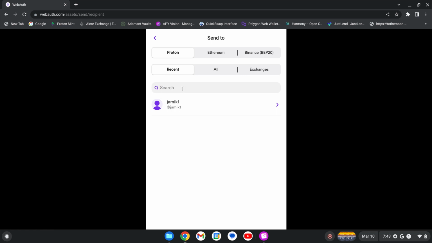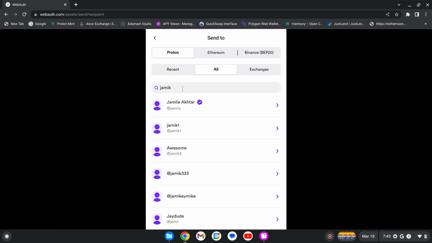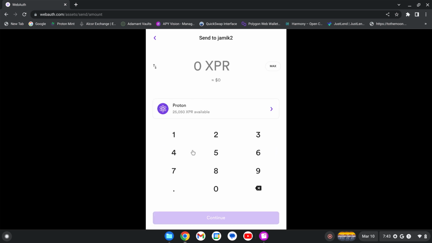I want to send it to Jamie K2, which is the wallet named Awesome, if you remember. And you can see, as you spell it, it pulls up wallets that look like it. The one that I want to pick is this one, Awesome, Jamie K2. I want to send it to this wallet, and